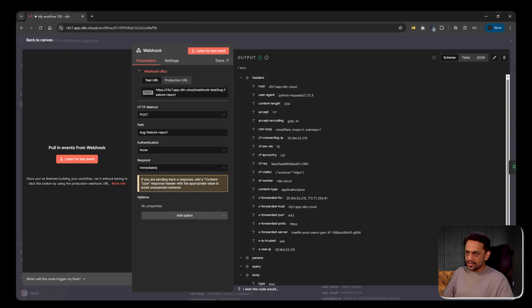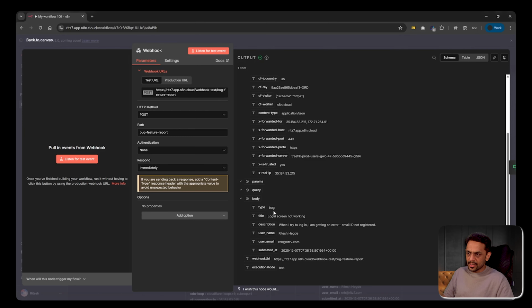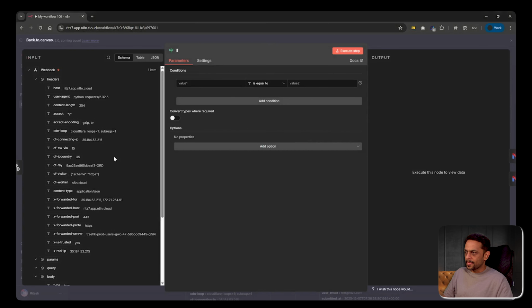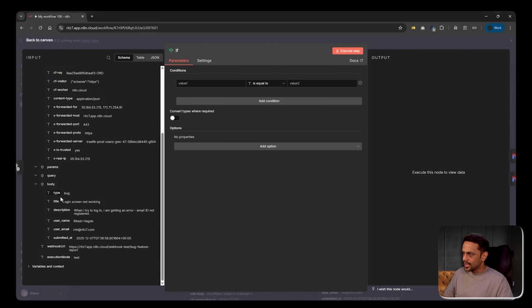So you can see here, these are the headers and this is the body. So type is bug, title is login screen not working, description is when I try to log in, I'm getting an error, email ID not registered, username is Ritesh Agde, user email is this one, submitted at this time, right? So I've got all the details now. I just have to go here and I have to add type